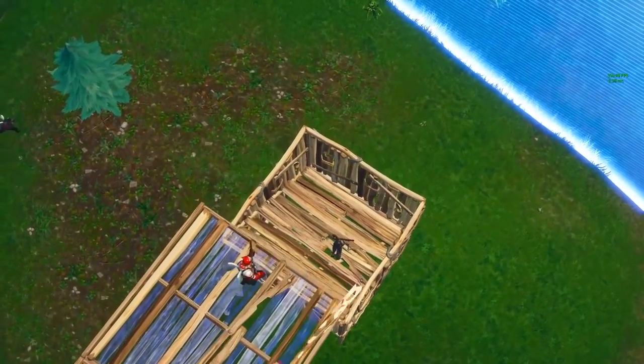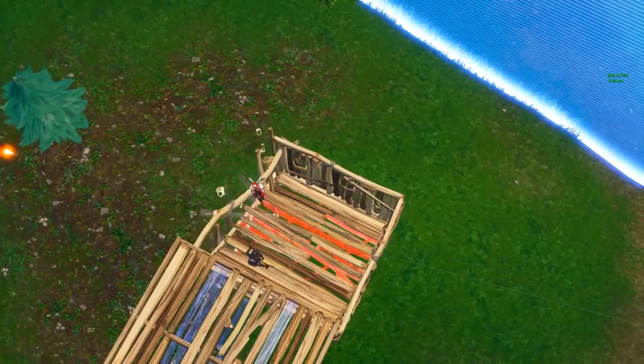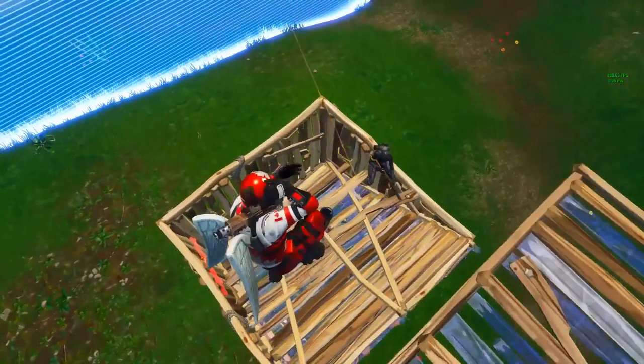Only I can do that, and obviously I do that by just completely YOLOing and jumping off my own platform. He probably doesn't expect it at all, but that's how I decide to start the engagement, all right? Again, I'm controlling the pace, I'm controlling when we get into the battle, and I also have the high ground